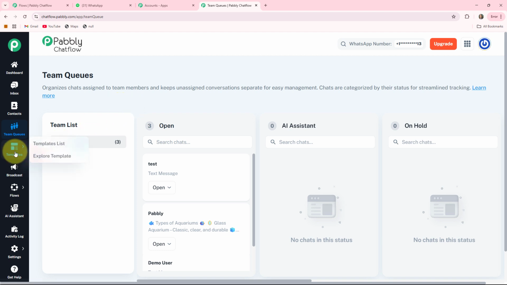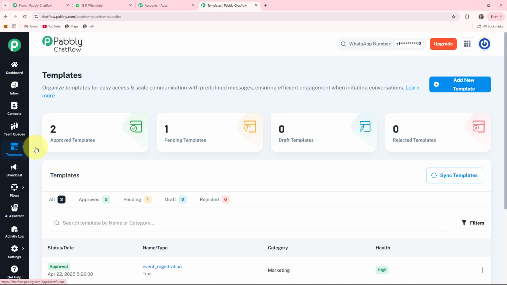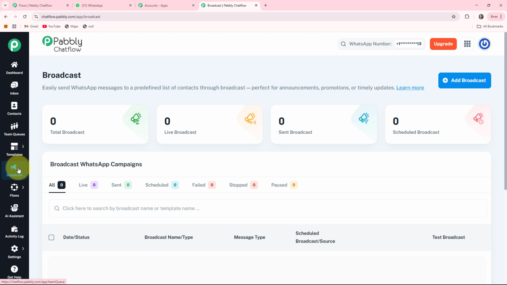The fifth one is the template. It is just like a pre-approved WhatsApp template. These are required for initiating a conversation if the customer has not messaged you first. The sixth one is the broadcast. It is used for sending bulk messages to many users at once, and it is also used for promotion, announcements